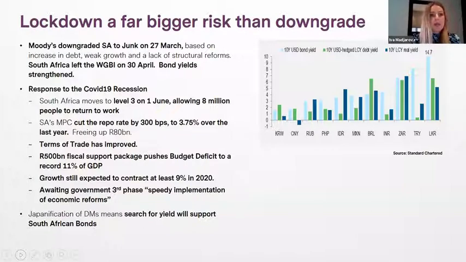It's something that has been in the media for the last 2 years or so. It has been a hot topic, and eventually Moody's pulled the trigger on the 27th of March and we got downgraded. The biggest implication of the downgrade is that we are now a non-investment grade country. When you're a non-investment grade country, the rules of the World Government Bond Index say that only investment grade countries can be in that bond index. So the biggest implication was that we no longer form part of this World Government Bond Index,